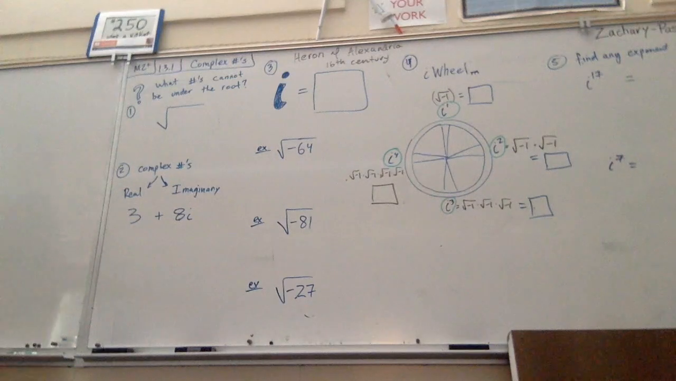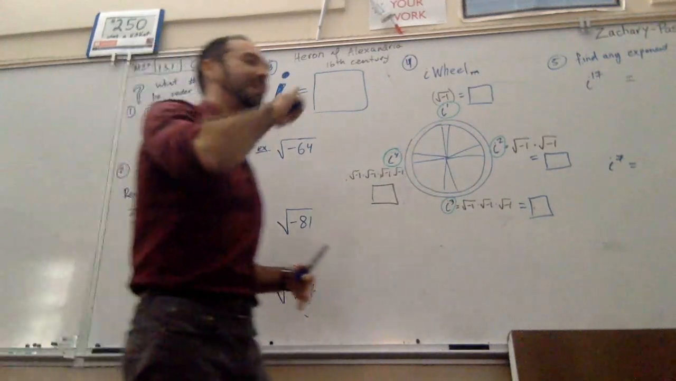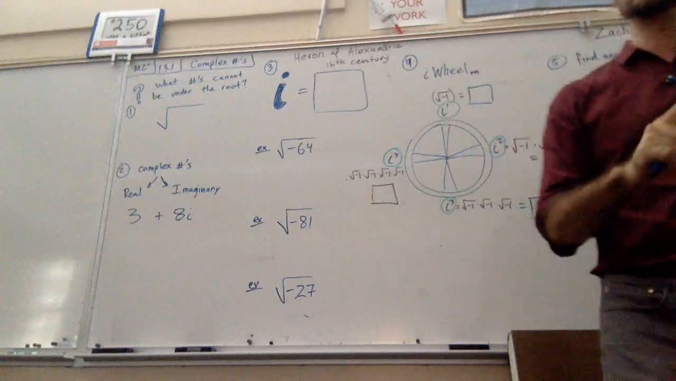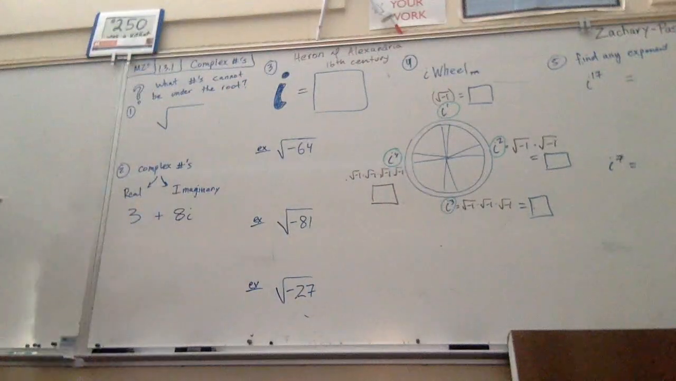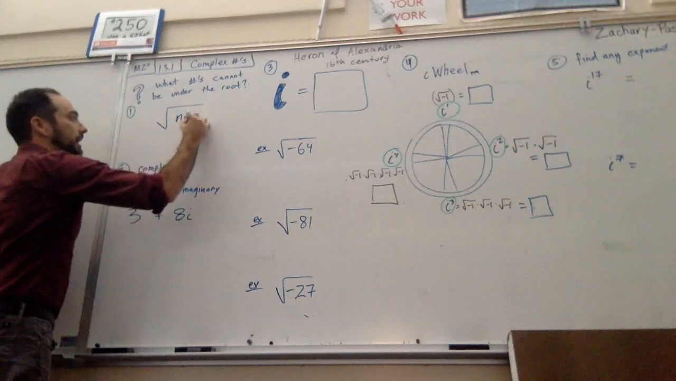7 is not a perfect root. It's not a perfect square, which could be another, that could be correct. Amy? A negative number. That's what we're going for with this. So you cannot have a negative number